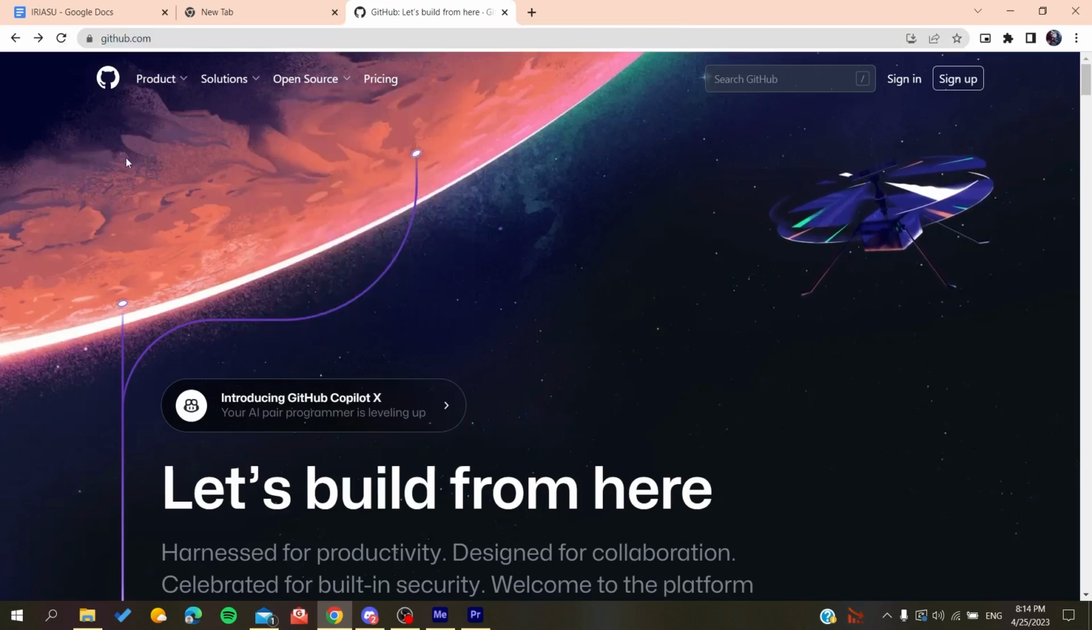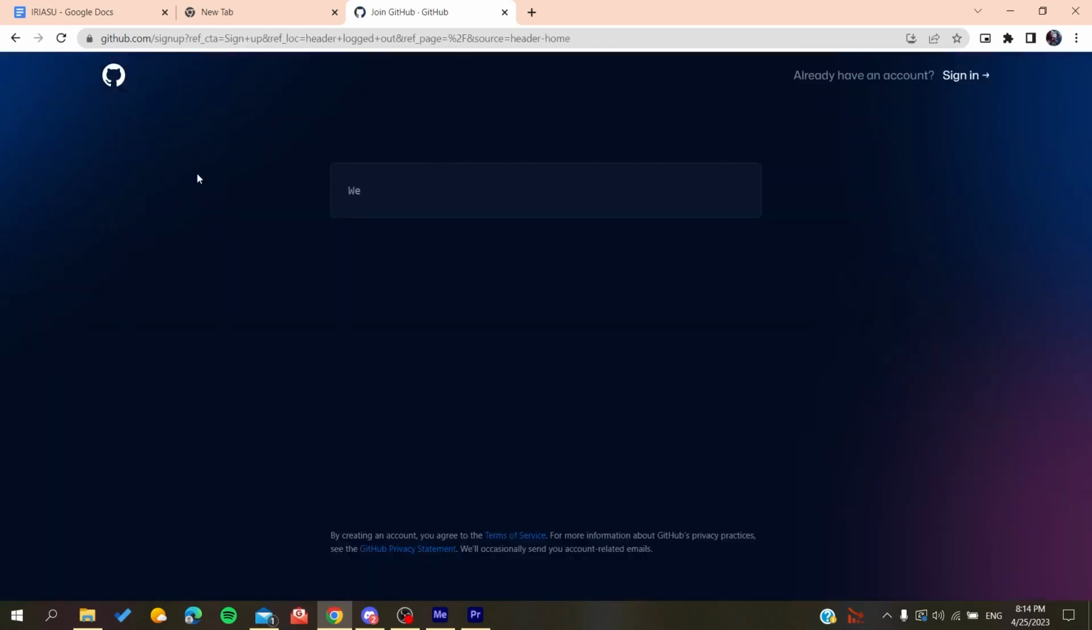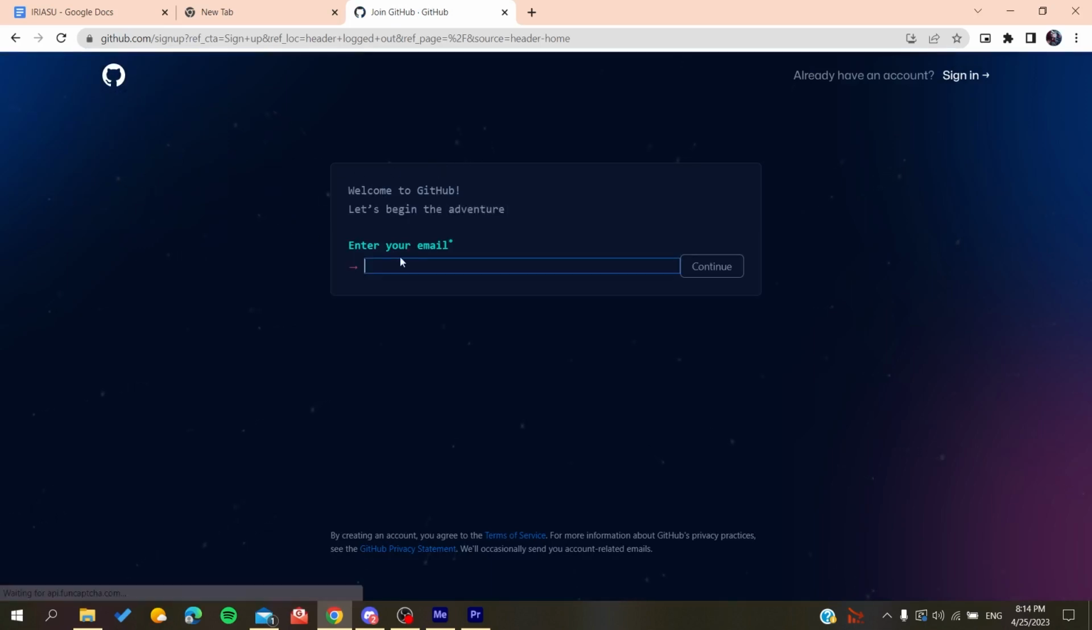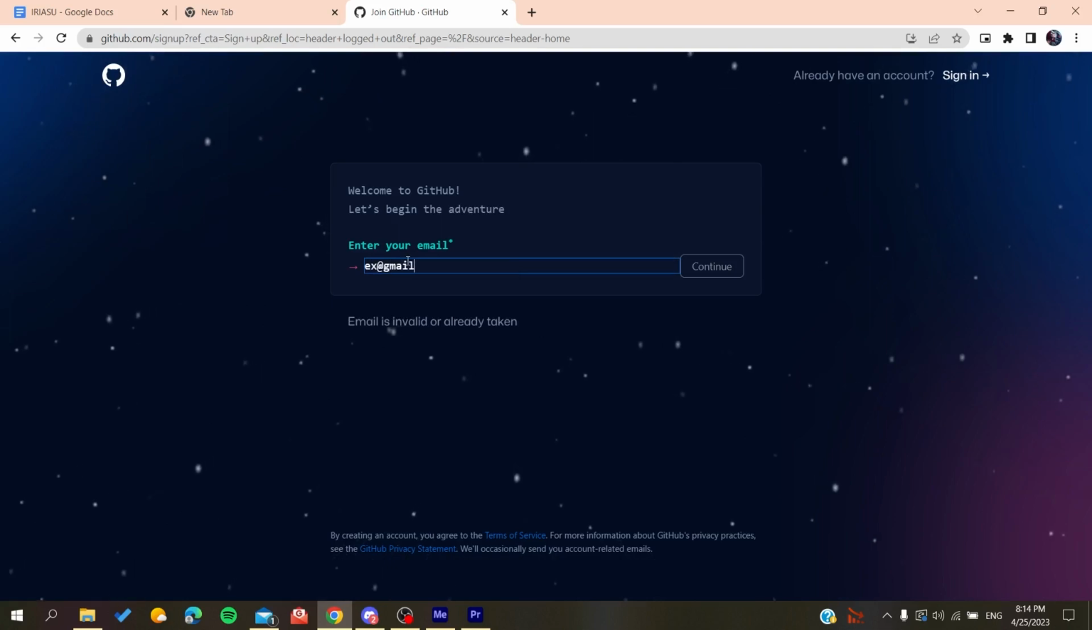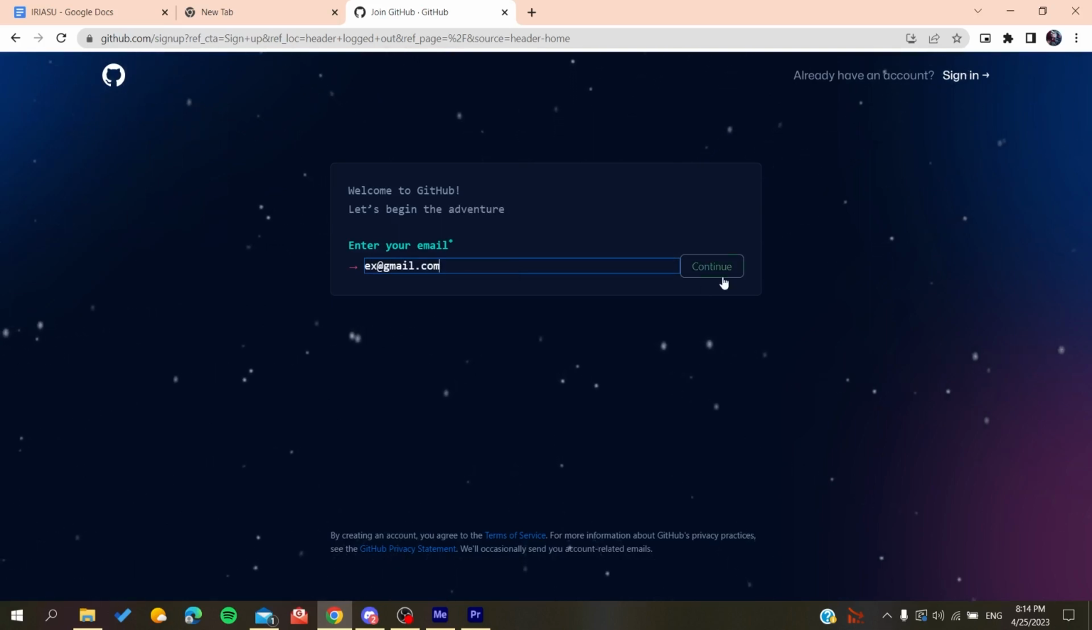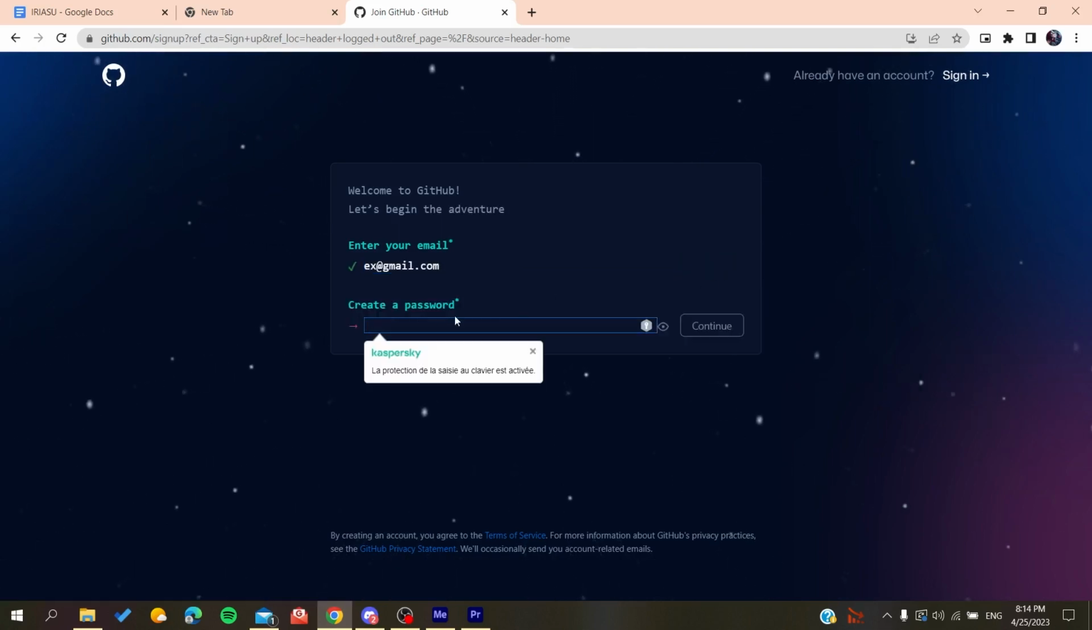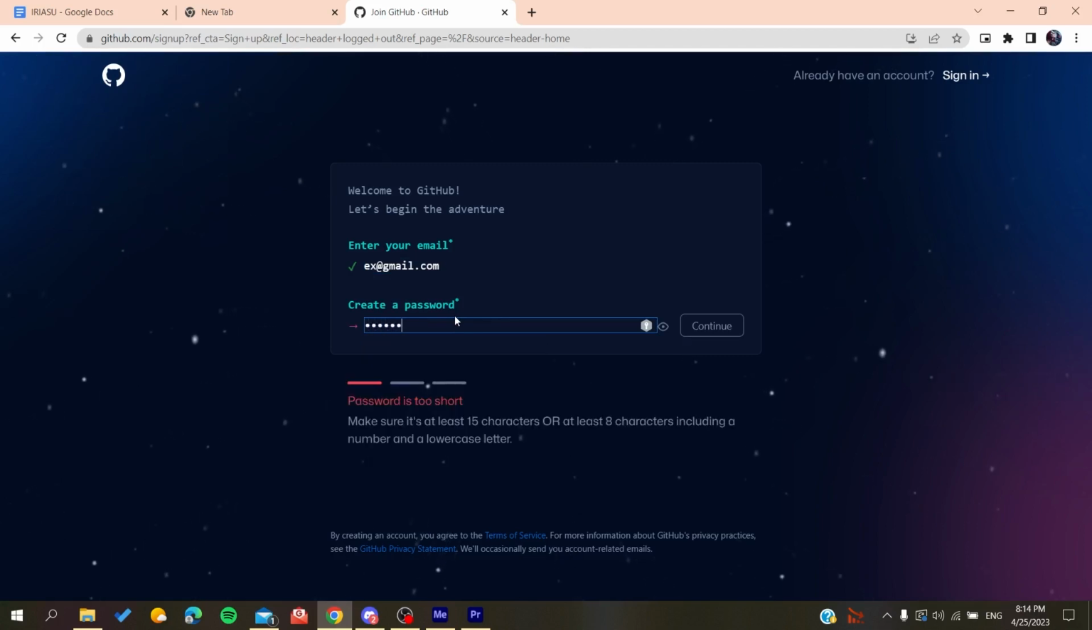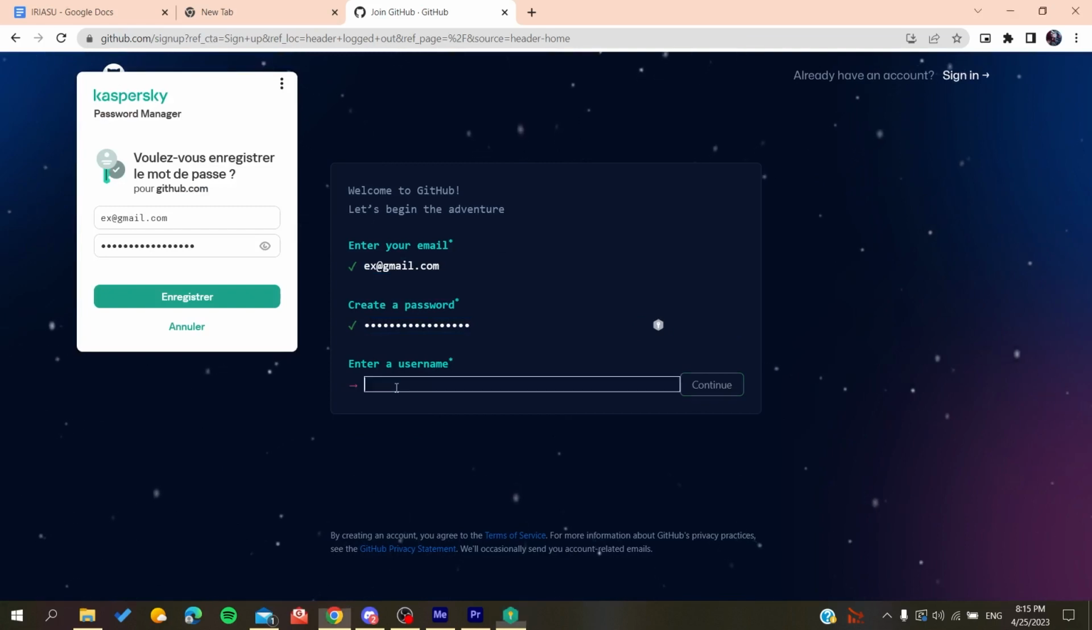And now we will need to create an account so we can use the GitHub services. So basically all we need to do is click on sign up and then it will redirect us to the sign up page. Now you will need to add your email, gmail.com or any other email that you are using. You click on continue, you create a password. So if it was anything like that, you click on continue and then you will add a username, for example,